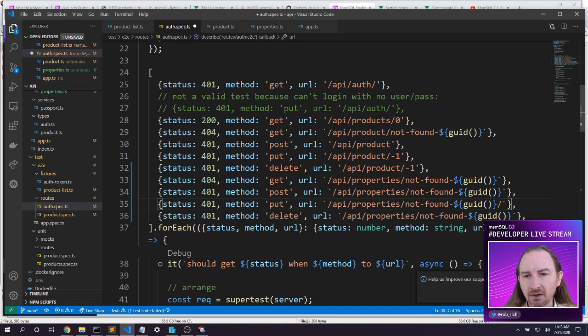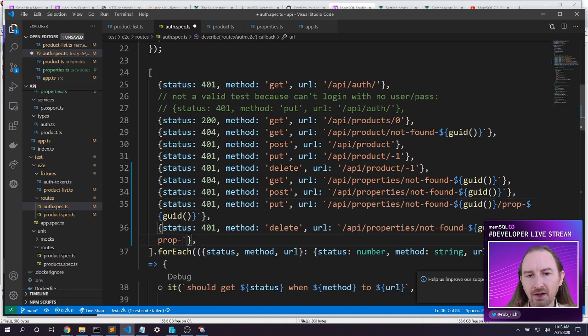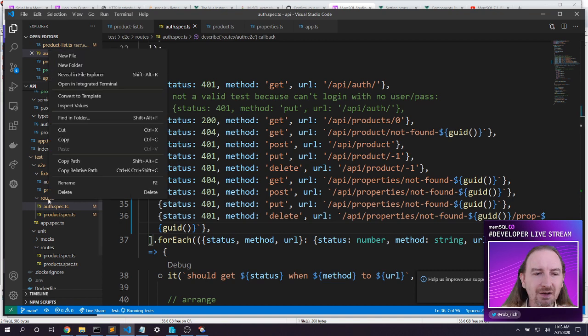So let's also say prop dash GUID, and then finally delete that prop dash GUID. There we go. Now in time we may choose to just post the property name or to put the property name there. So it's not a truly RESTful API, but that may make it a little bit safer. That's interesting. So now we've got all of our authentication pieces in place. That's perfect. Those tests, of course, are going to fail right now. But let's create a new